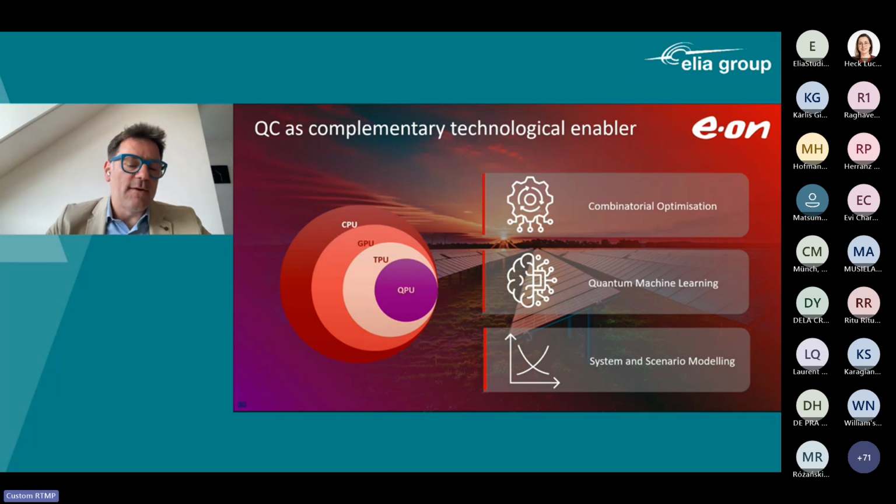And at E.ON, we are looking at three main pillars where quantum could provide an edge. The first one, similar to what Jose already spoke about, is in the area of combinatorial optimization. But we are also looking at quantum computing to enhance the AI and machine learning models that we are already using in the systems. And finally, last but not least, we see a potential of quantum to speed up the way we can analyze and do scenario modeling. I brought with me three use cases, and I hope with that we can provide you a little bit more tangible insight into what we are doing.